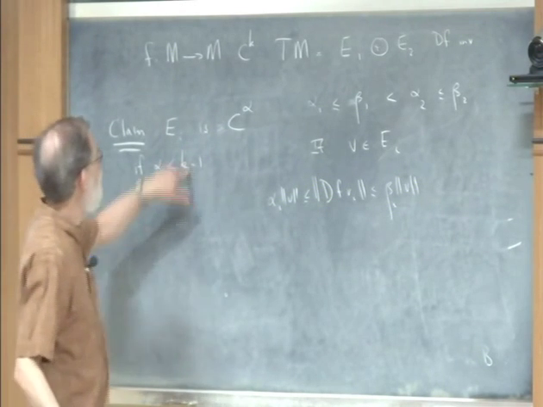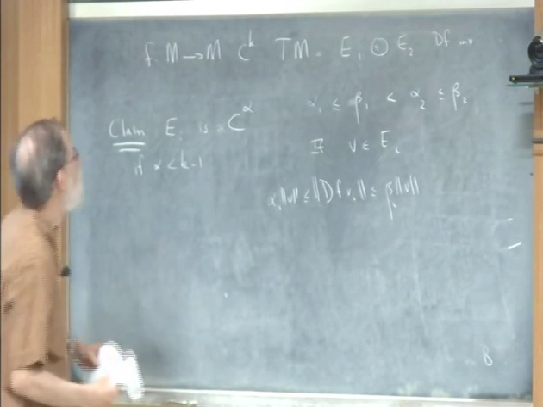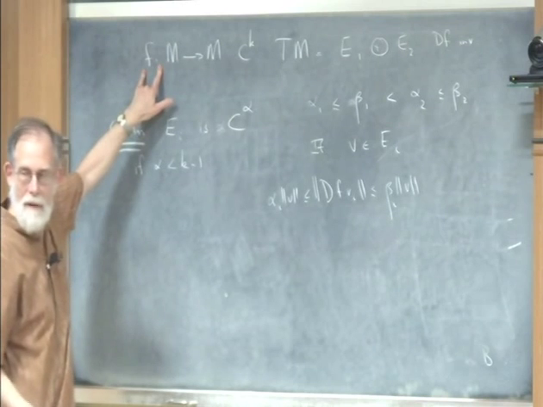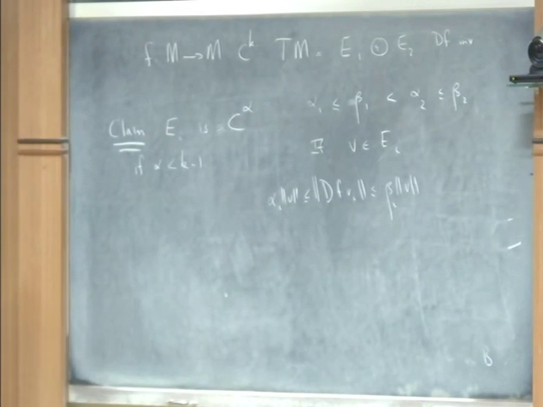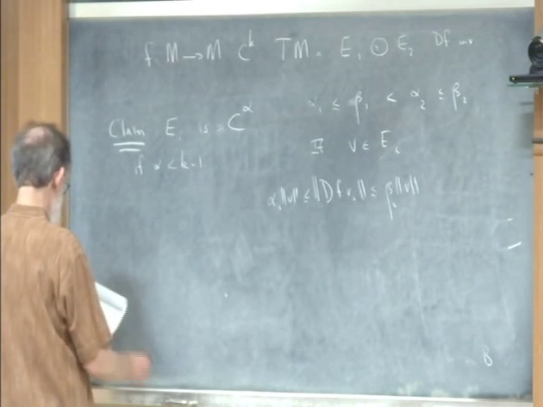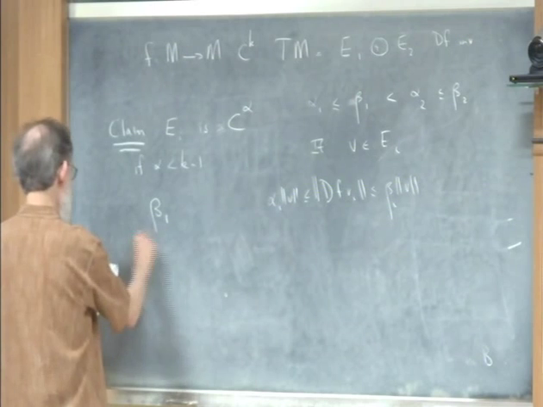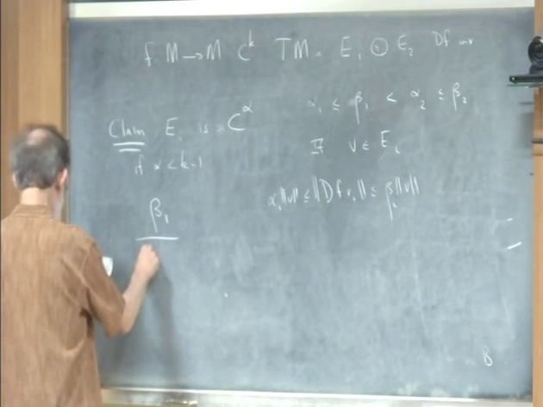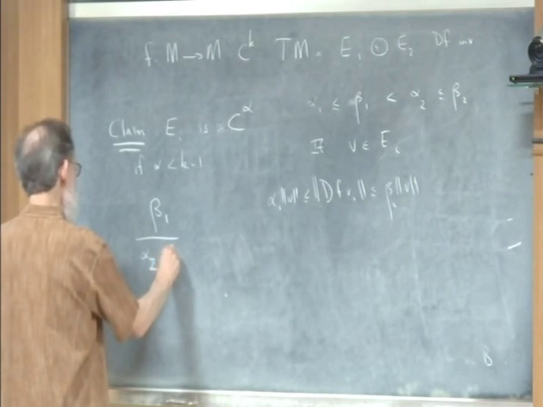The reason for k minus 1 is that we will really be thinking about the action of the derivative of F, and you lose one degree of differentiability by going to the derivative. So we have alpha less than k minus 1, and the other condition you need is that beta 1 over alpha 2,